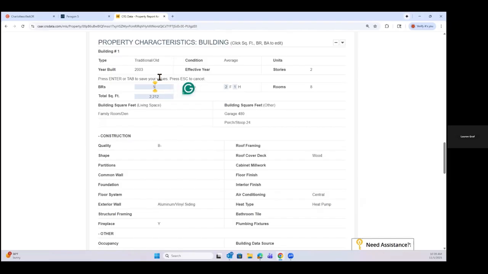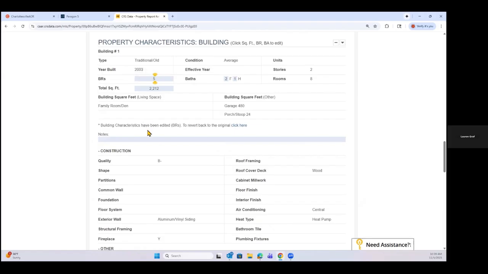Now, in order to maintain that 5 bedrooms, you must hit enter or tab. And as soon as you do, there will be a disclaimer. It'll tell you exactly which property characteristics you updated. And then there's a note section, which I do recommend entering your reason for updating